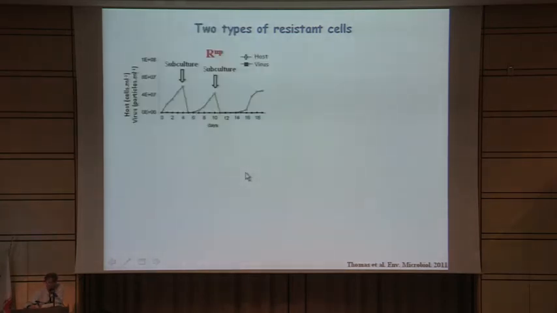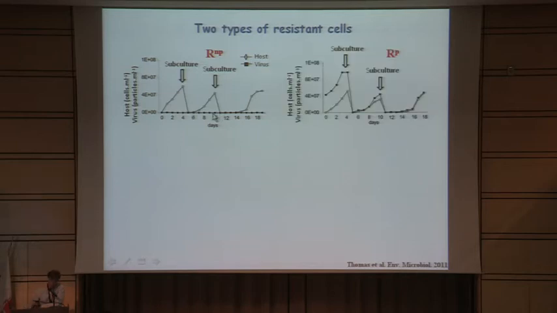And what we got is two types of resistant cells. The first type was more or less what we expected. These are resistant cells, and if we subculture them they restart, and we can propagate them for more than 1 year. There is no production of virus here. The second type was more surprising for us, and not really expected. The cells grow, they are stable, they are resistant, and we can subculture them. But interestingly, they produce infectious viruses. They are not lysed, they are resistant, but they continuously produce viruses.